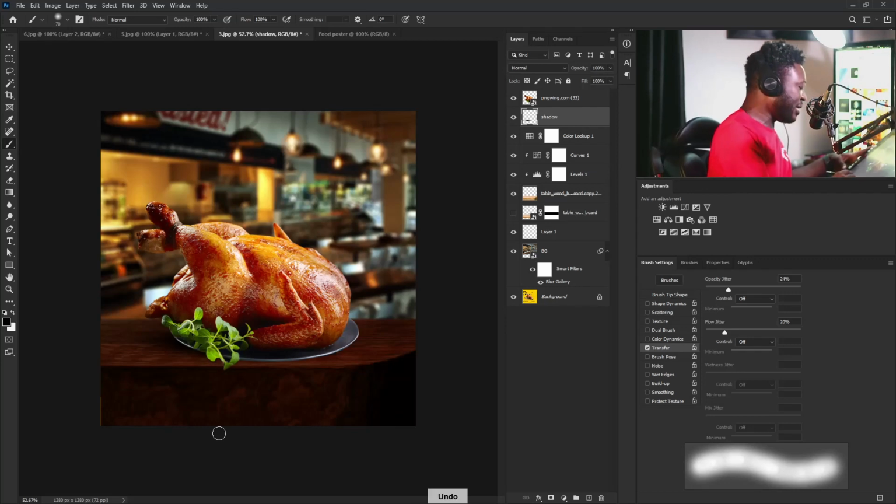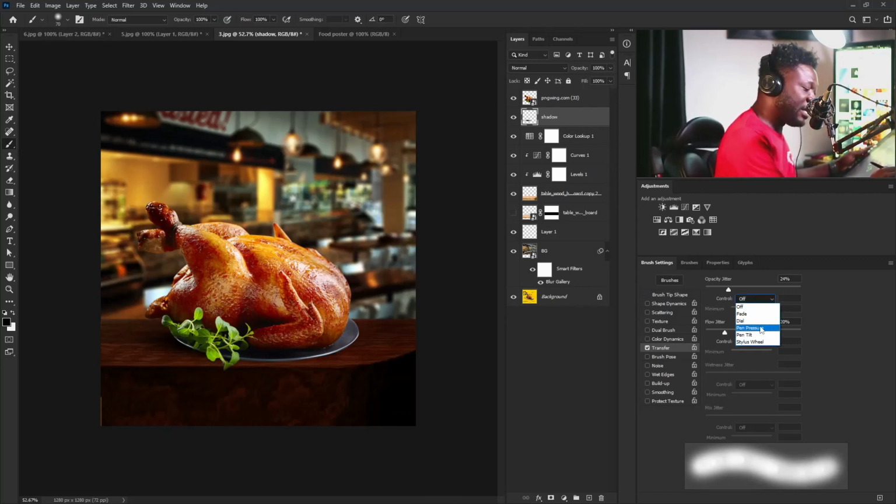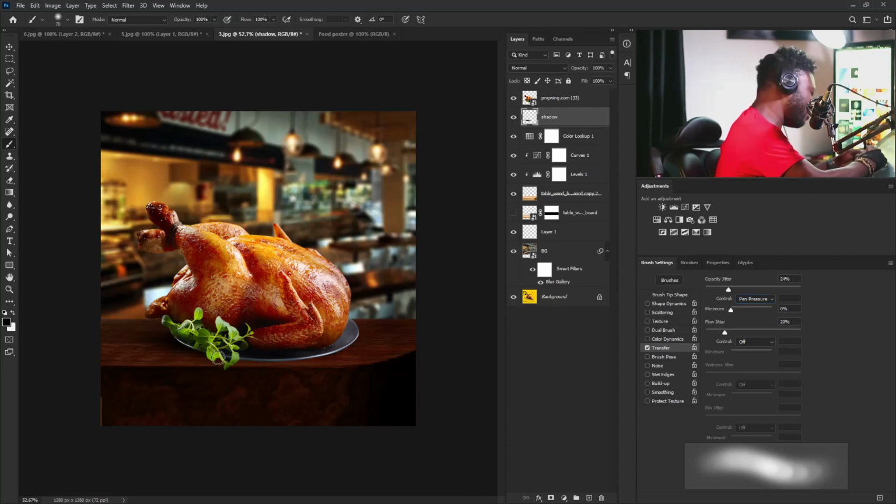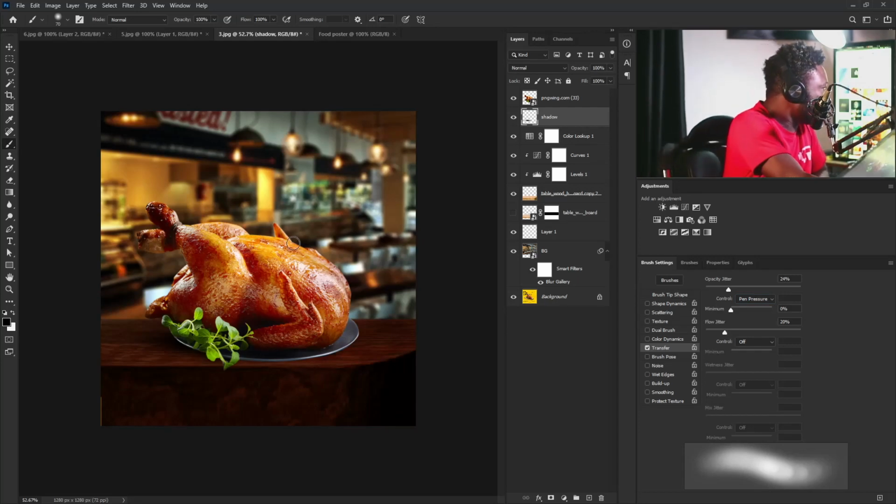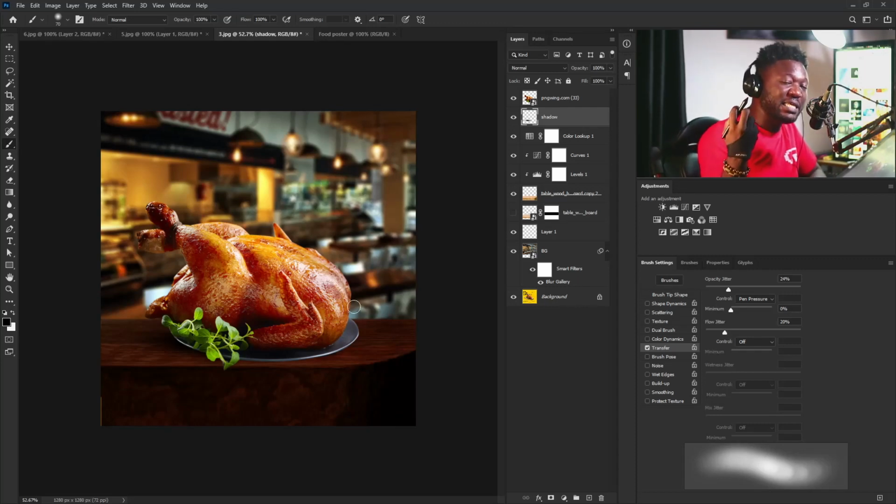Now, please, the shadow you're going to apply should be soft. All right. Now, make sure your control is set to pen pressure. And I'm going to just apply a soft shadow. Please don't make that shadow too heavy, because making it too heavy is not going to help. Then let's go back to my browser here, because there's another element I'm going to add to this to really help the light